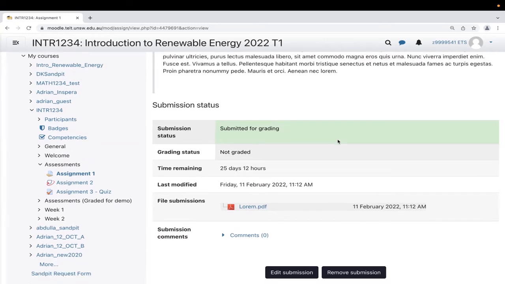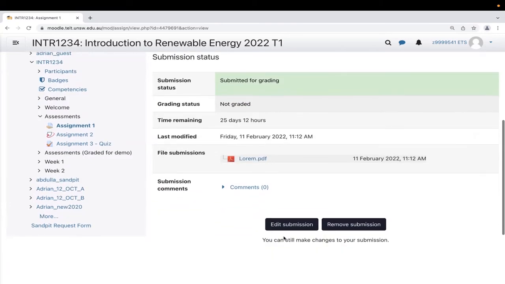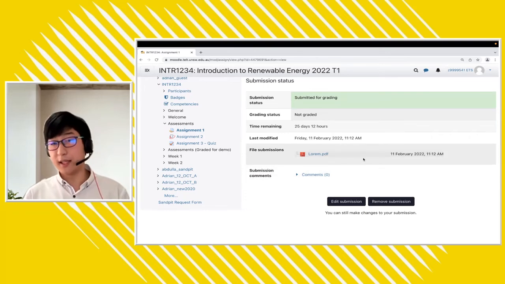Just for this first one, I do want to mention something regarding resubmission. So resubmission is not very consistent in Moodle in the sense that it really depends on the assessment. So you need to carefully take a look at the assessment information to know if we can edit our submission after making it. So depending on the assessment task, sometimes we can only make one upload. And sometimes, like in the case of this one, we can still press this edit button to kind of put in more and more updated versions of our assessment. That's something that can catch you off, so be careful with regards to that.